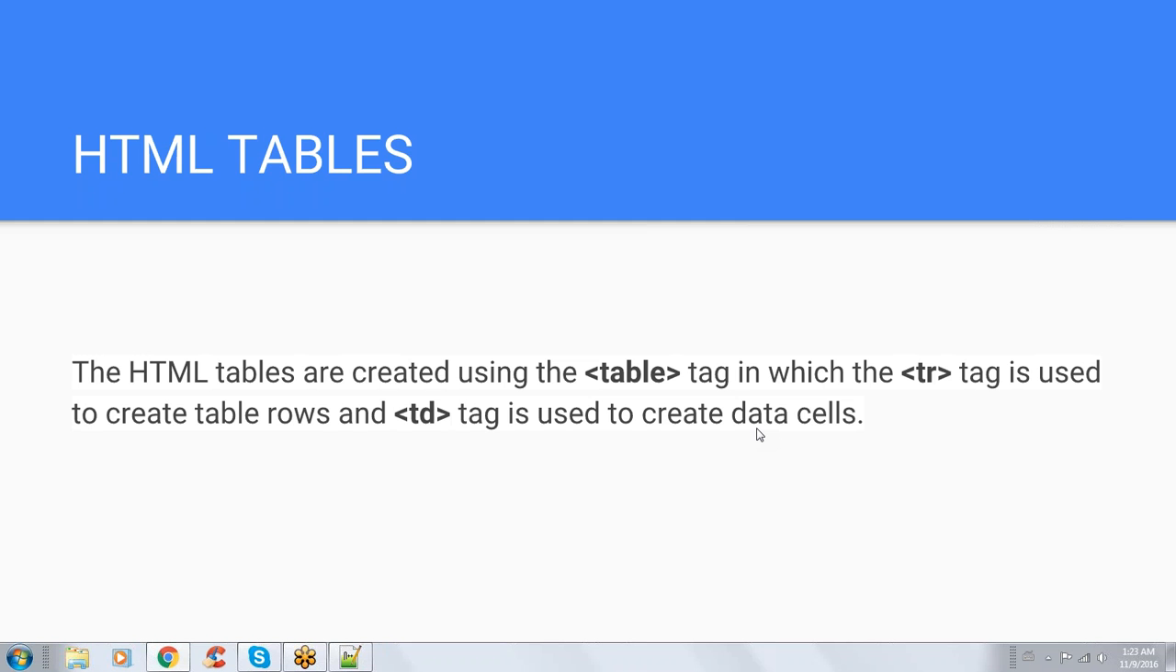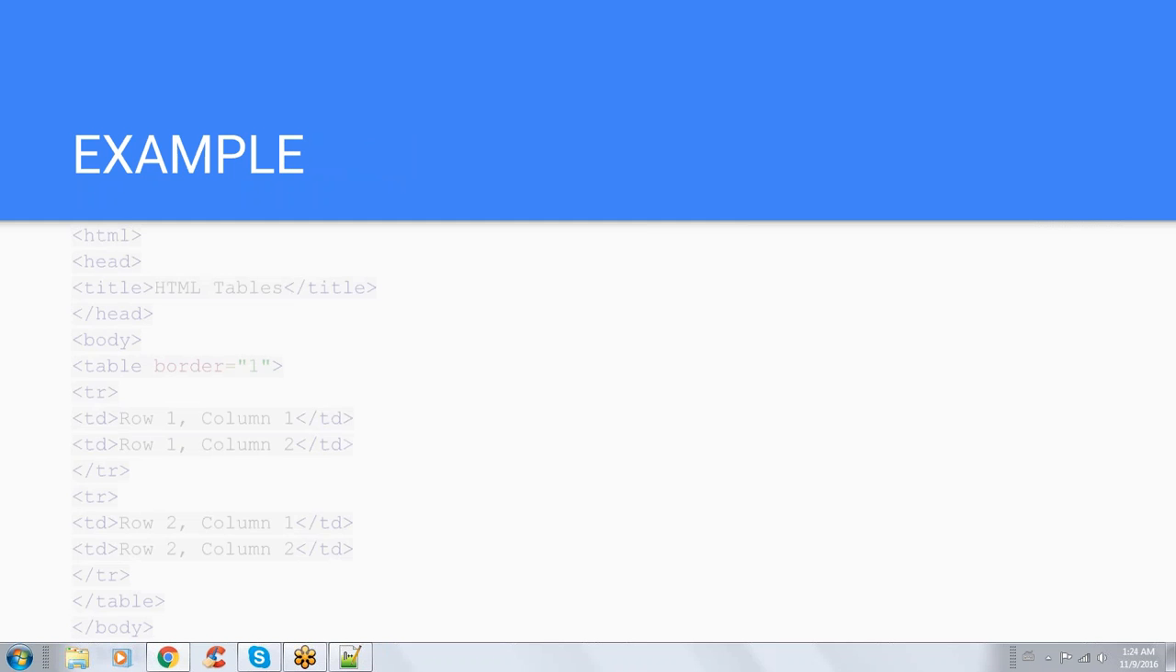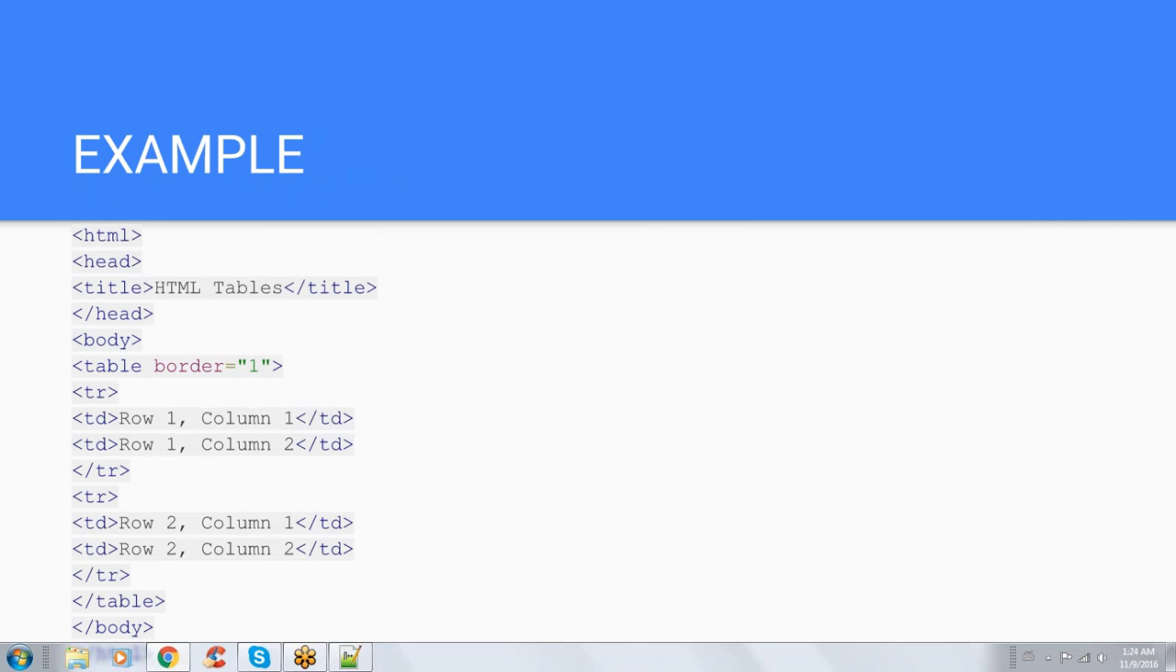Okay, let's have a look at our first example. Actually, this is the best example to create a basic table. Here, HTML opens, and in the head tag we have a title, HTML tables, and the title is closed, and the head is also closed because title is a header tag. And we named